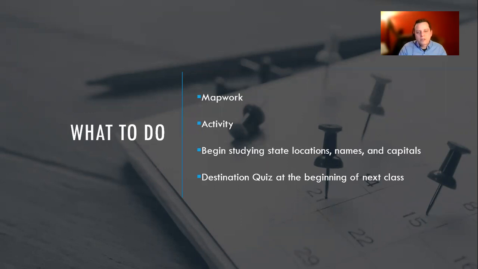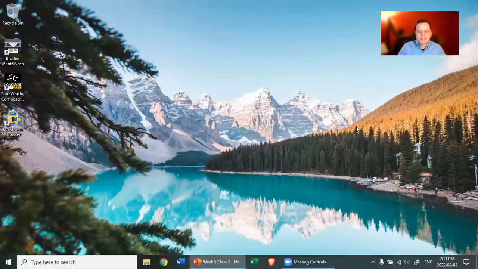So the destination quiz will be next week at the beginning of class number 1, which means next Wednesday at 7 p.m. And you'll have 10 minutes, I believe, to write it. Maybe 15, but let's say 10, and that way the extra time will be kind of a bonus. So you've got your destination quiz next Wednesday, and then we'll have class after that. And then what we're studying will be on your learning plan.